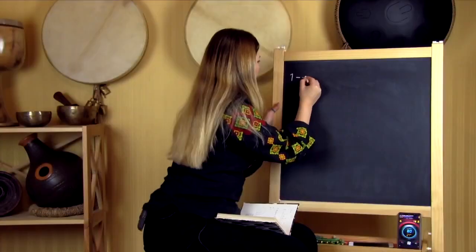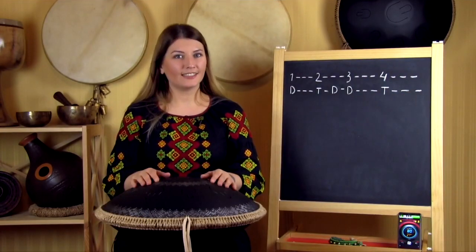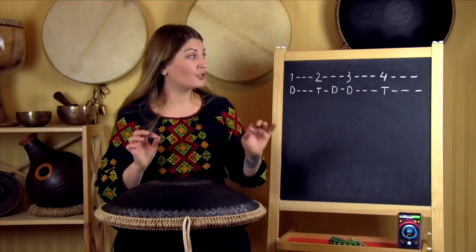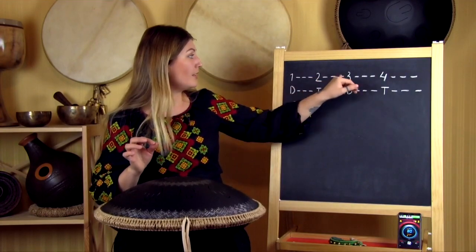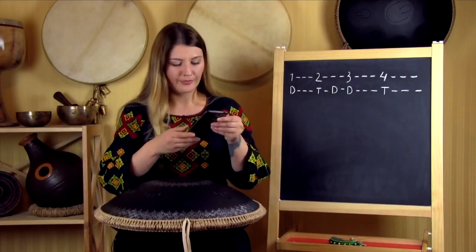You'll stamp your foot exactly at the tick of the metronome. It's unimportant which foot you stamp. Just set the pace comfortable for you in 4/4 time signature. Here is the pattern we will play. The bar consists of 4 quarter notes. 1, 2, 3, 4. Turn on the metronome